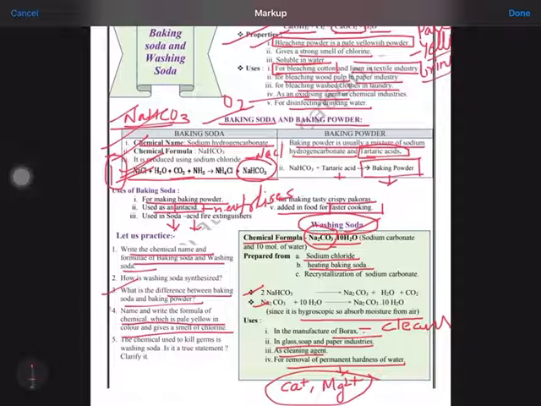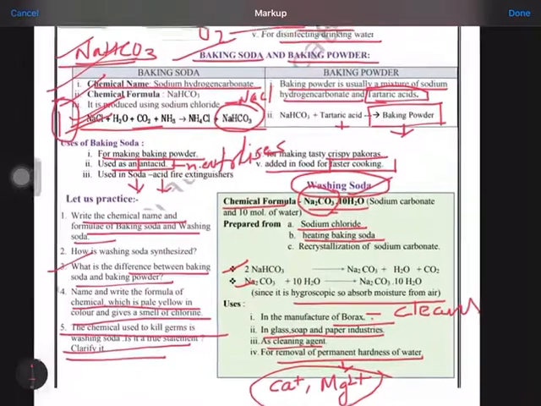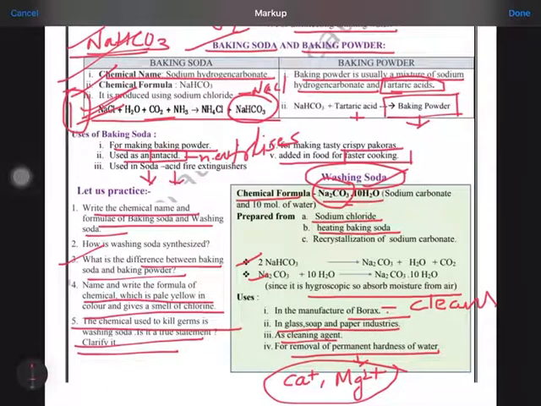Then the fifth question: the chemical used to kill germs is washing soda. Is it a true statement? Clarify. This is a thinking-based question: is washing soda used for killing germs? No. For killing germs we use bleaching powder, calcium oxychloride. Washing soda is used for removing the permanent hardness of water. So you can clarify that this is not a true statement. We use calcium oxychloride or bleaching powder for the killing of germs, and